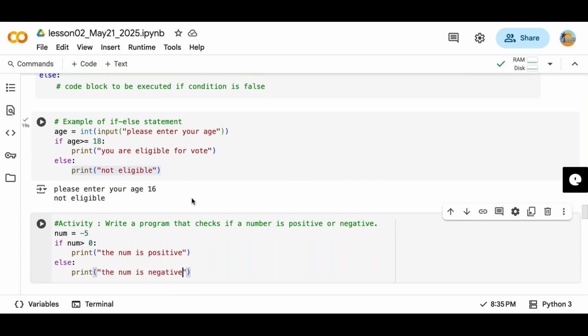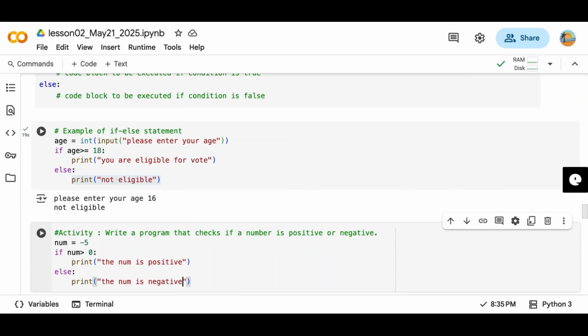Take 30 seconds more and just try. If you are able to do it, then just